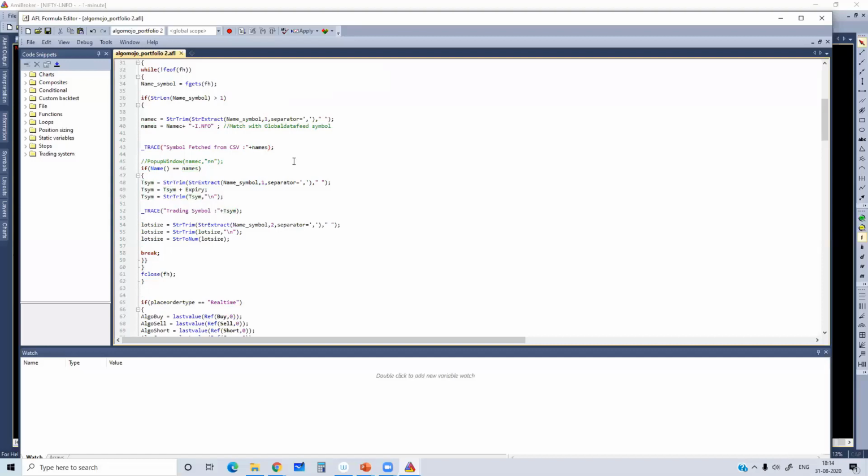So I'm having two logs. And finally, the lot size. Lot size also I'll make one more trace. Total three traces I'm making over here. Finally, the lot size.